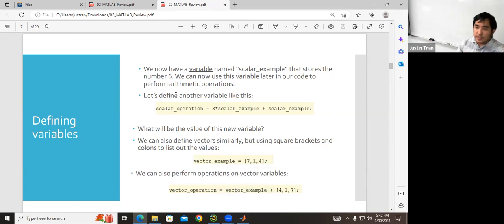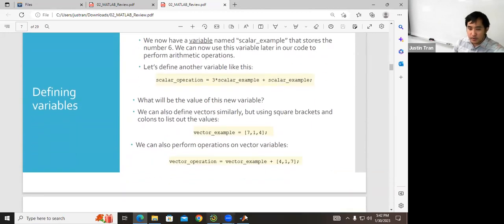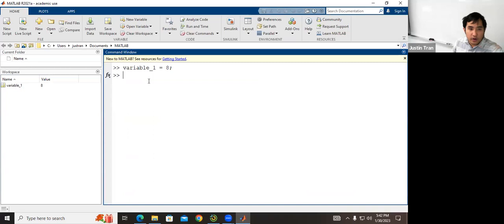In this line of code, we're defining a new variable called scalar_operation, and what it's equal to is 3 times scalar_example plus scalar_example, where scalar_example has a value of 6. Let's do the same thing here. We have a variable already called variable 1, so let's create a new variable